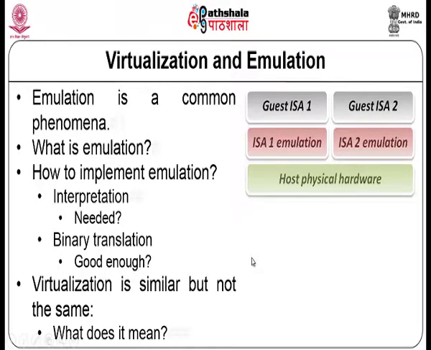We do not want to emulate the whole of one ISA to another ISA. What is actually required in a typical cloud environment is that I allow one operating system to run on a hardware meant for that operating system. So, the operating system and ISA tie bonding we are not breaking. We are allowing the operating system and the ISA to be bonded, and we have one ISA.